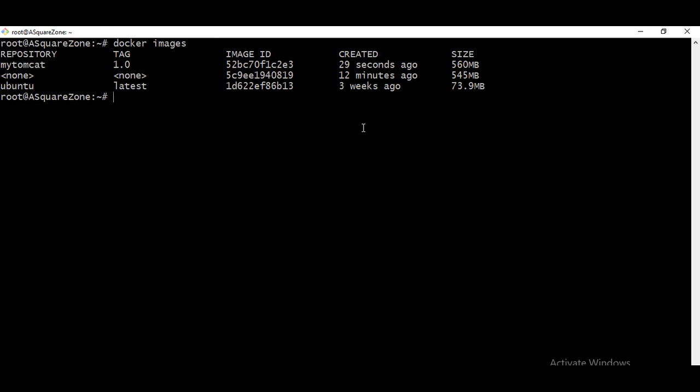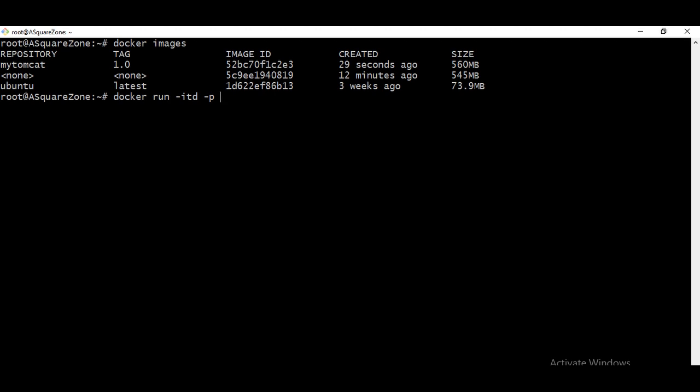So here, as we discussed about container, it's a runtime instance of an image. So now we are going to spin this image up as a container. Using the docker run command, I'm going to make it interactive mode and detached format. And I'm going to map the port number.